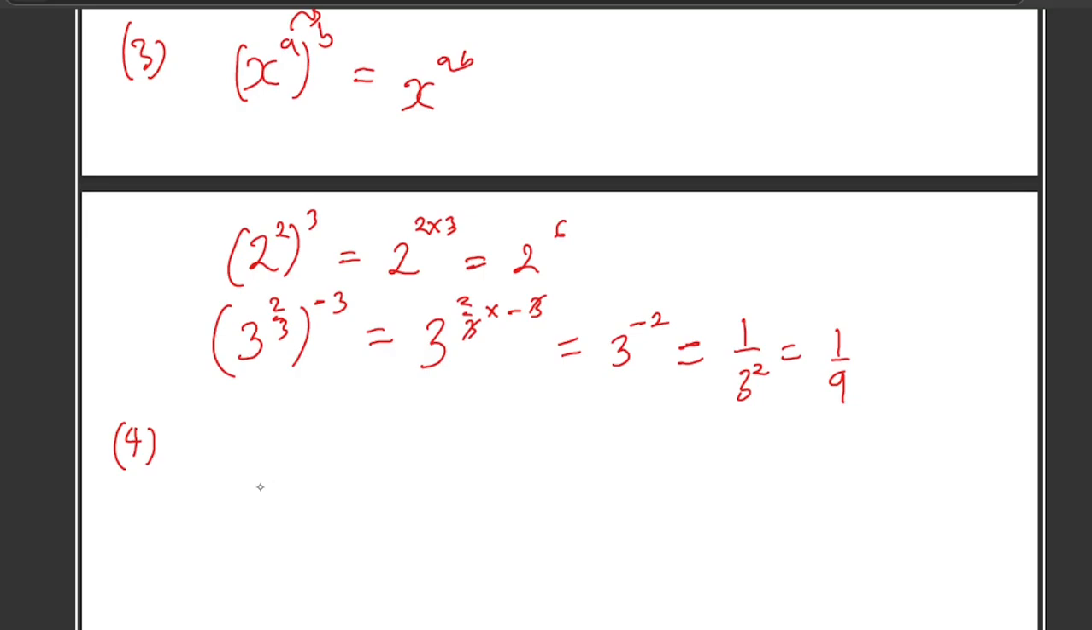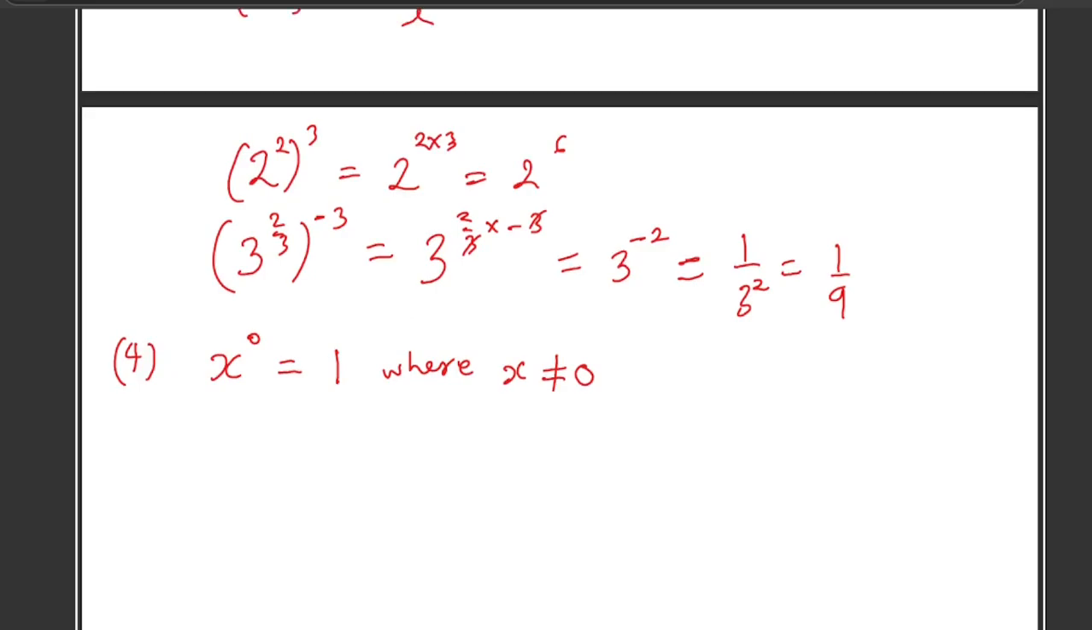The fourth one is x raised to power 0 equals 1, where there's a condition here where x is not equal to 0. x raised to power 0 equals 1 where x is not equal to 0. That is when you raise any number